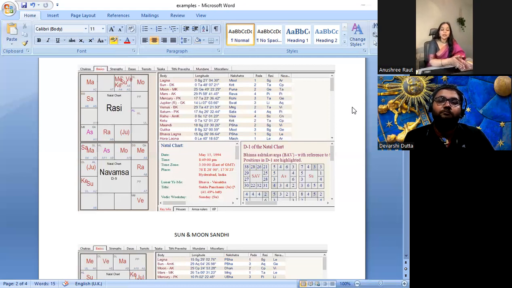Venus is also relationships. The person has issues with service. She cannot be in one job. She has issues with relationships. And if you look at the accident yoga that I said, this is a Pitru dosha, a very severe Pitru dosha kind of chart. Also, the 11th lord is in the 6th house.